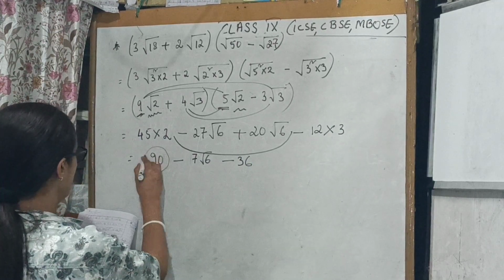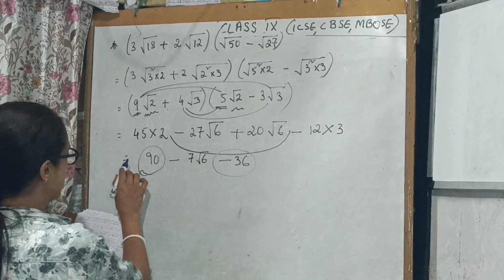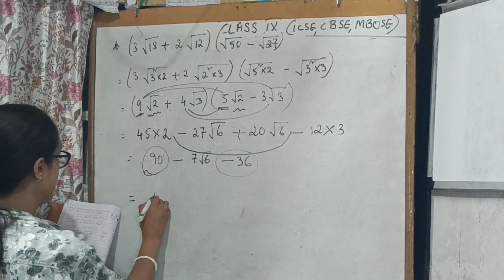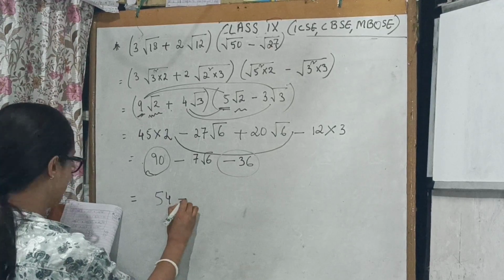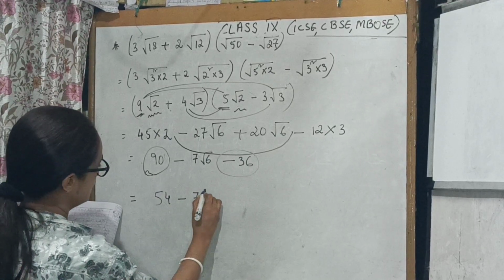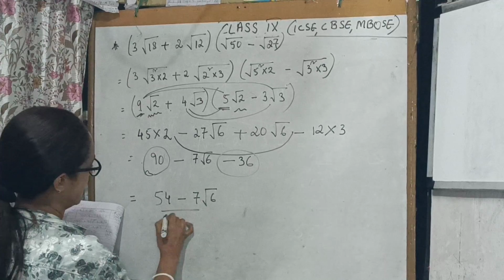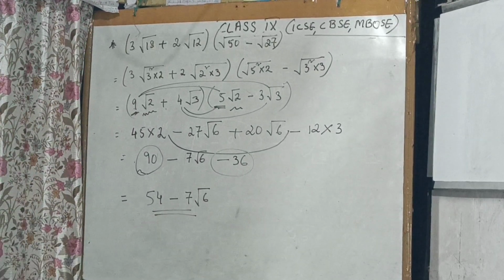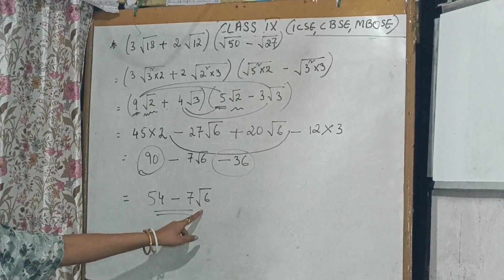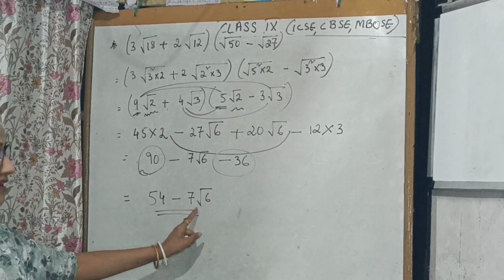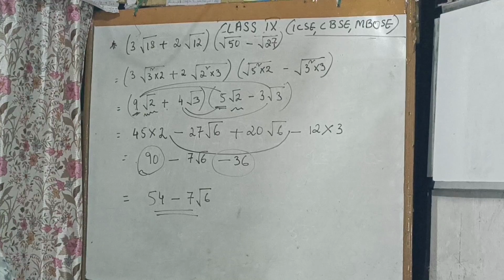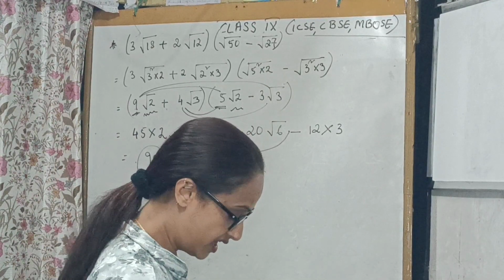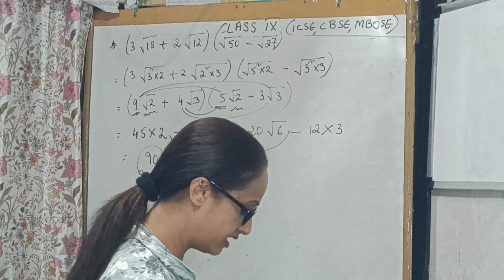Now focus only the numbers. Plus and minus you will do minus. 90 minus 36 is 54. And this is minus 7 square root of 6. That's your answer. And you can never add or subtract these two numbers. इसके पास नाम है, surname है, इसके पास नहीं है. So we cannot unite them. Okay? बस एक दो सम ही बाकी है, कर लेते हैं खत्म.